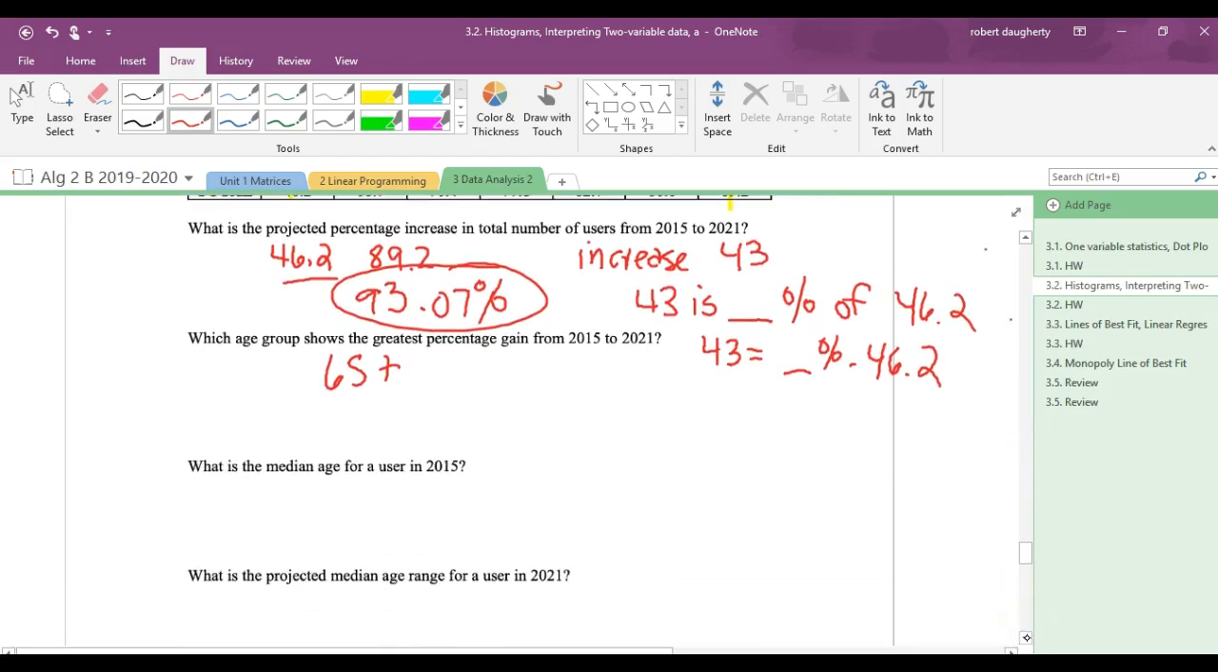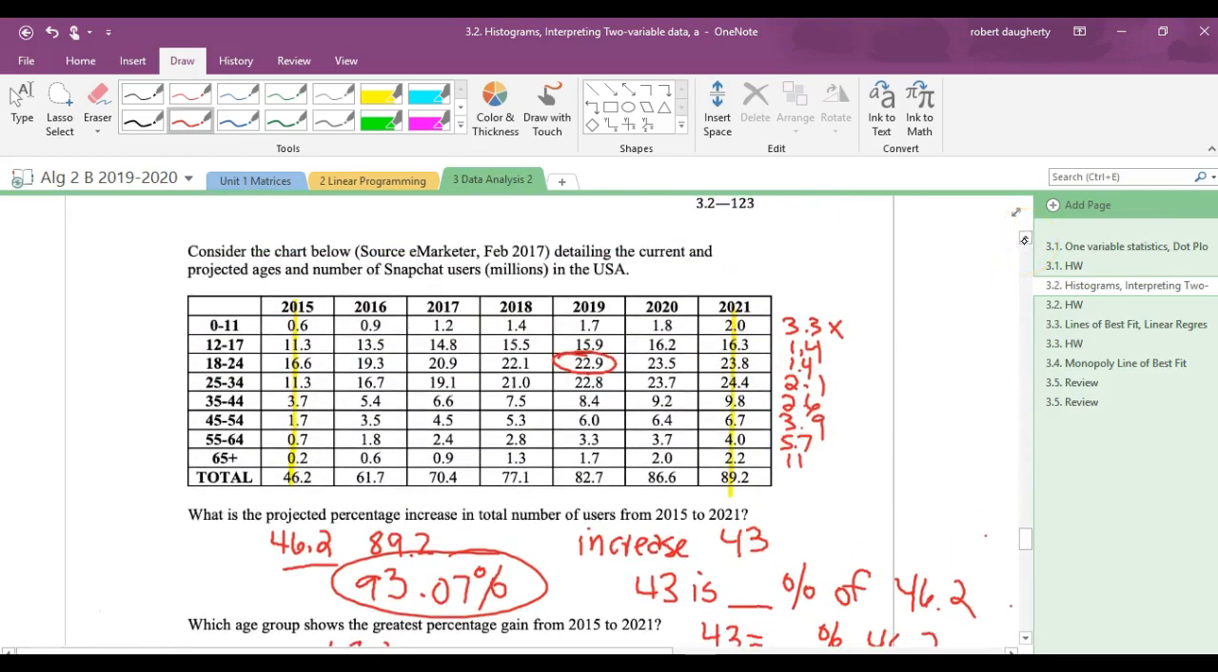What is the median age for a user in 2015? So what's the median of a data set? The middle, okay? So if I look at this, what percentage of the population overall is using Snapchat in 2015? What percent overall? 46.2, okay? So if I was going to try to find the middle from an age standpoint,